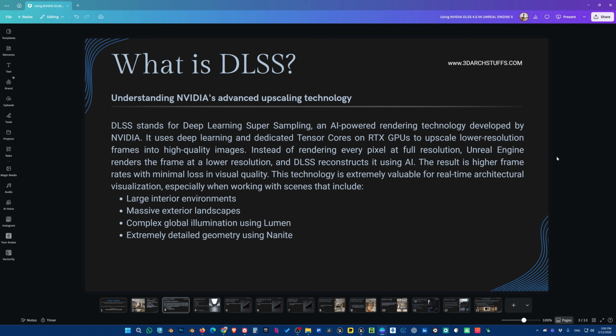So let's understand what DLSS is. It stands for Deep Learning Super Sampling, an AI-powered rendering technology developed by NVIDIA. It uses deep learning and dedicated tensor cores on RTX GPUs to upscale lower resolution frames into high-quality images. Instead of rendering every pixel at full resolution, Unreal Engine renders the frame at lower resolution and DLSS reconstructs it using AI. The result is higher frame rates with minimal loss in visual quality, and